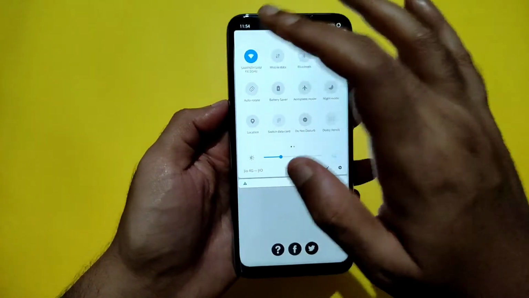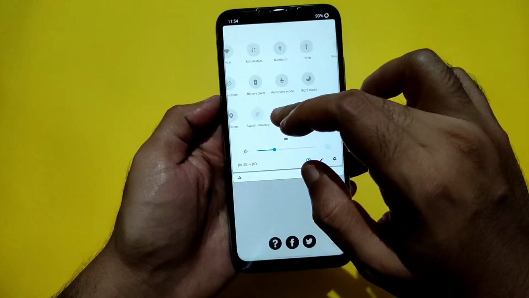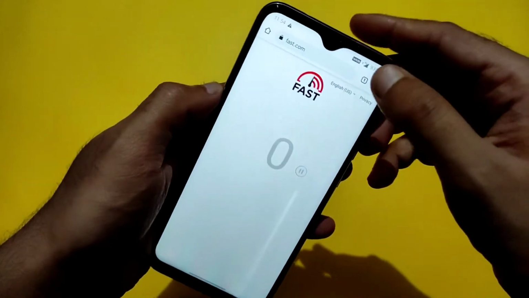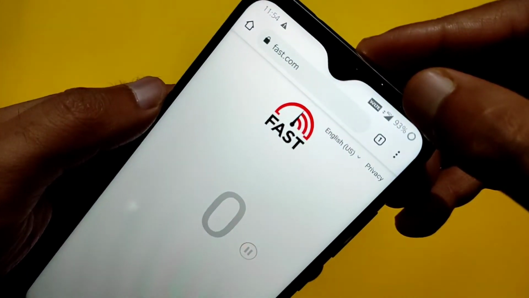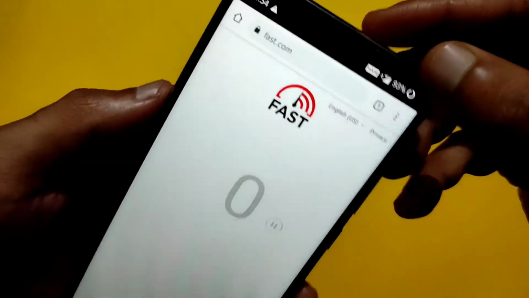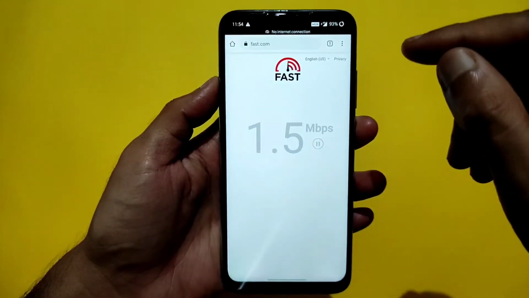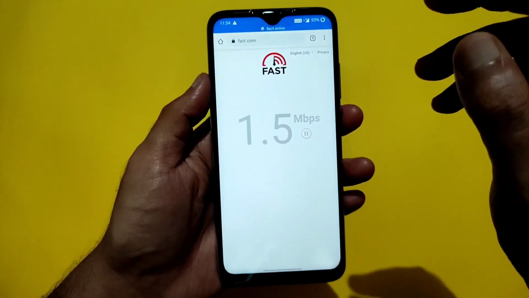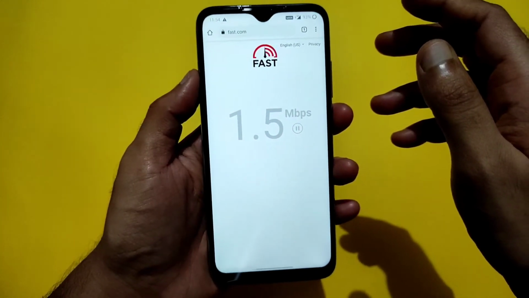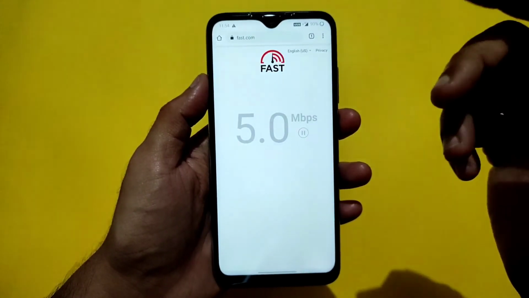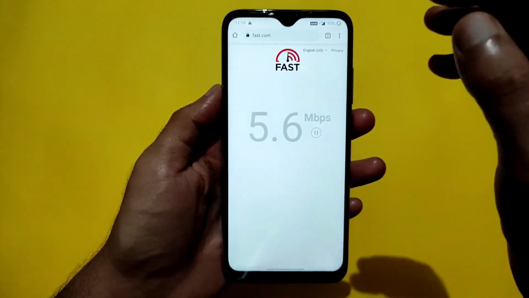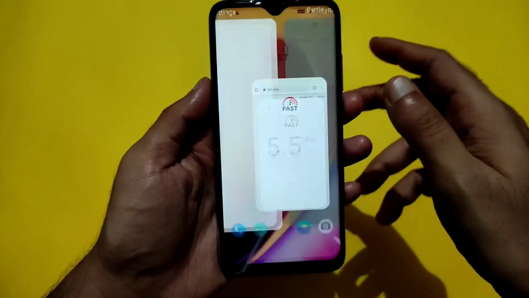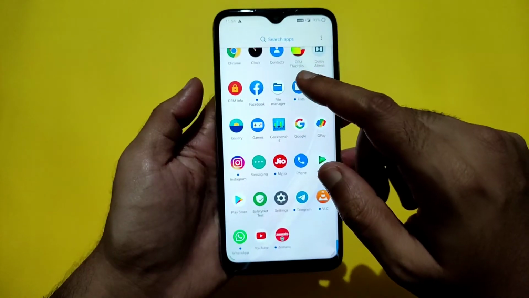Let me show you with mobile internet connection also. Let me turn it on here, and if I get 4G plus, yes, I am getting 4G plus, and you will be seeing some change in speeds. If it is just 4G, the speeds are decreased here. As you can see, this is how the speeds I am going to get with Wi-Fi and mobile internet, both the things I have shown here. And this is how the performance is in this ROM.